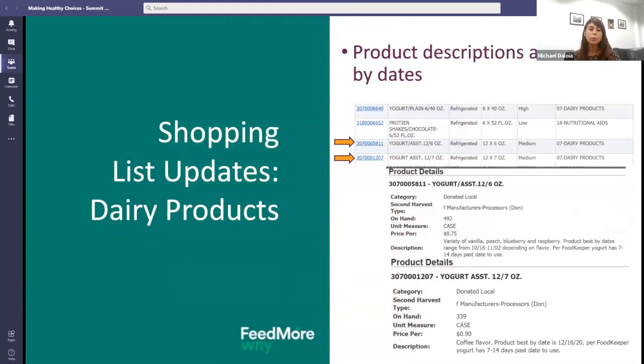Okay, and then we also did some updates to how we provide information with our dairy products. We want to make sure that you feel comfortable ordering refrigerated healthy options for your pantry. And so based on the feedback we received, we're making sure that we include the description that listed the printed best by date, in addition to the additional days that the food keeper says the food is still good to eat. So I want to reinforce, when you get a dairy product, that best by date that is printed on there,